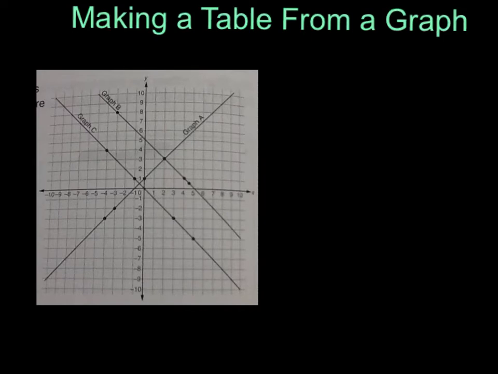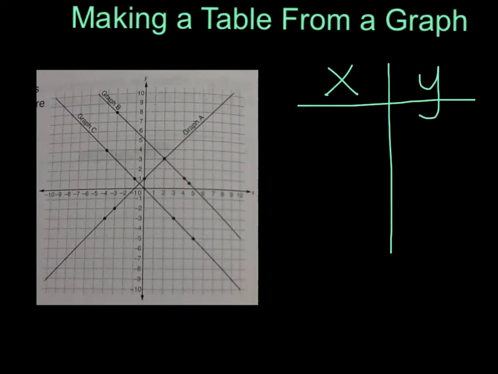Next, we are going to discuss how to take the information found on a graph and make a table from it. Since I don't know what information this graph is showing me, I am going to make a simple t-chart with one side labeled X and one side labeled Y. My chart is going to cover the information found on this line of the graph. Looking at the first point, I can see that it falls between 4 and 5 on the x-axis and between 0 and 1 on the y-axis. So the coordinates that I am going to fill in for my x and y t-chart are